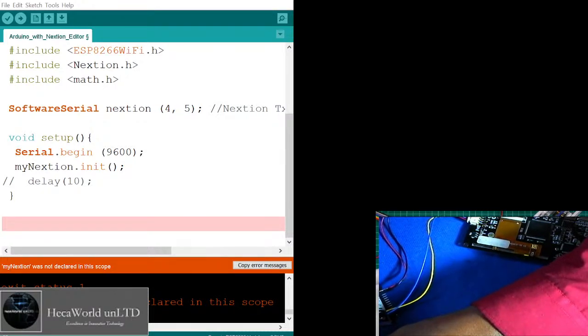Because this doesn't show what I expected it to show. Right, so Nextion, we don't need Nextion, we don't need Arduino either. Void